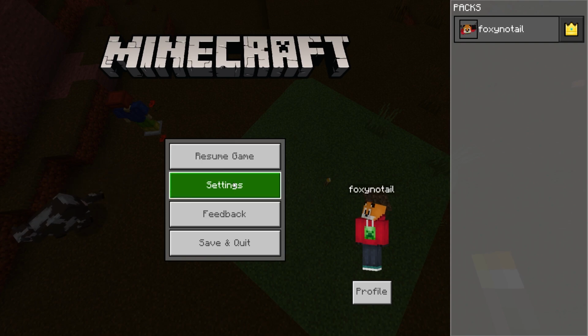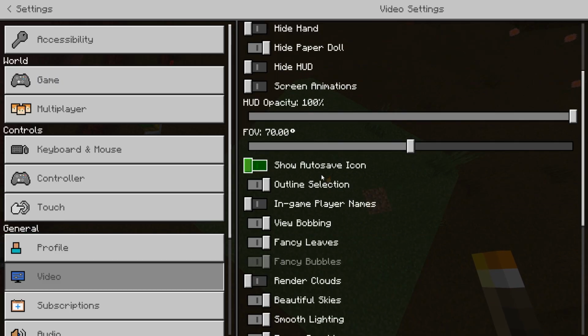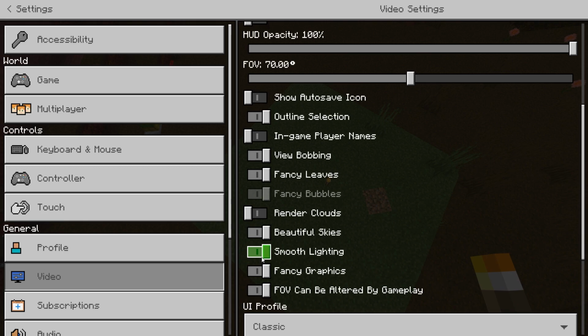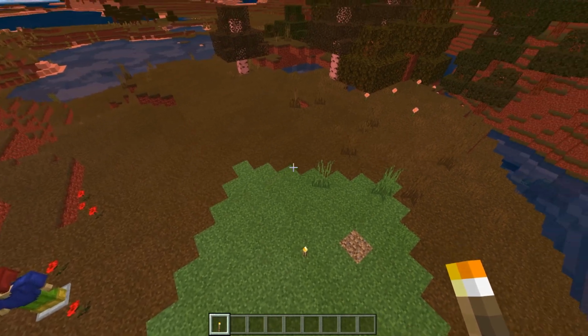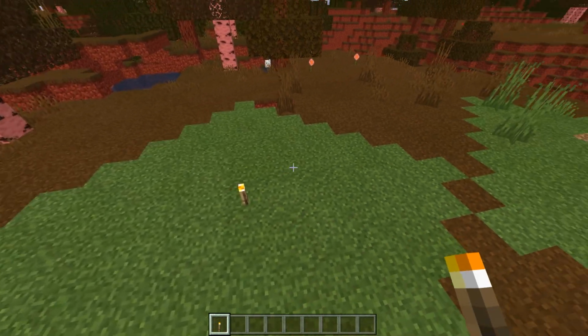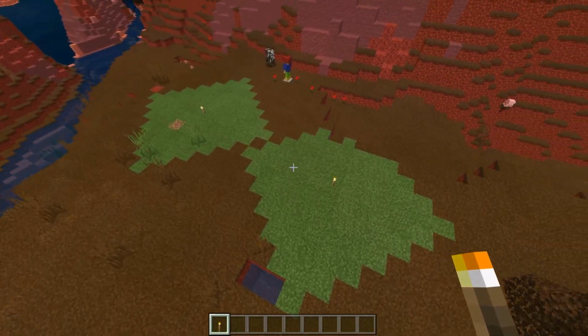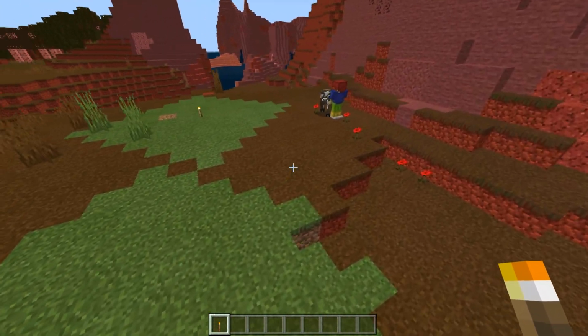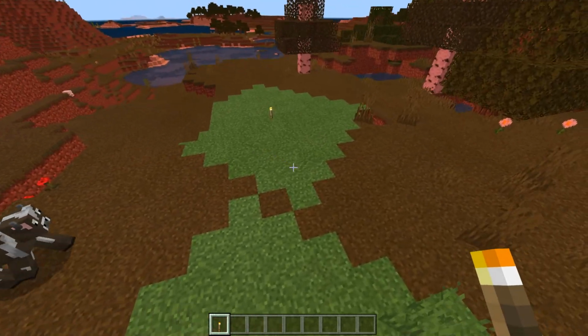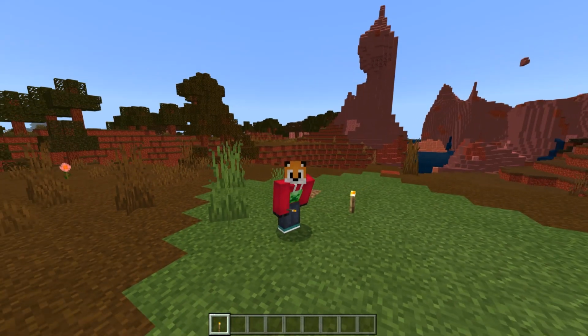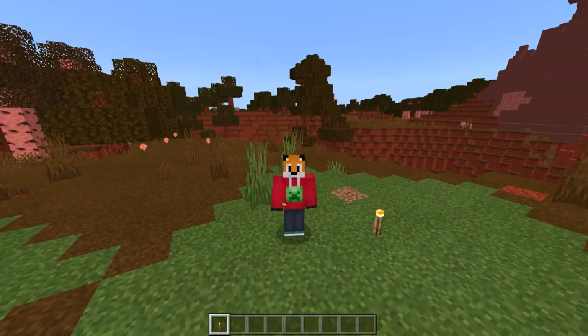We actually need to go into our video settings once we've enabled this and turn off smooth lighting, and what it does is it gives us an area around light sources that are bright enough to not spawn mobs and dark enough to spawn mobs. So this is red and green. Appreciate that people with certain types of color blindness might not be able to see this,